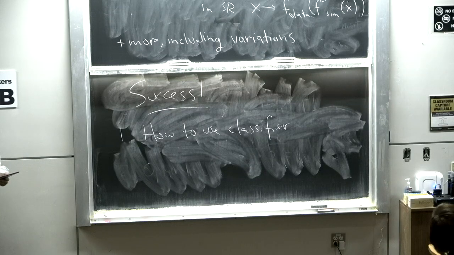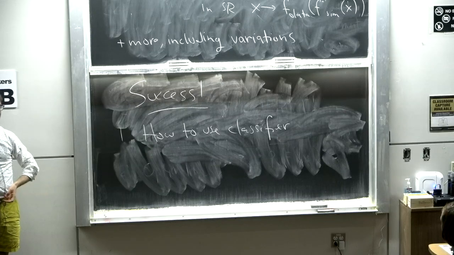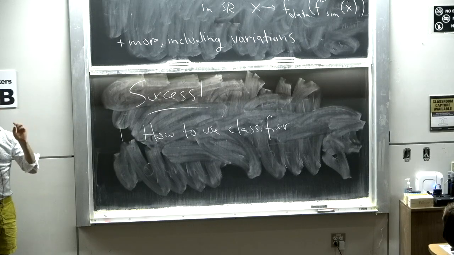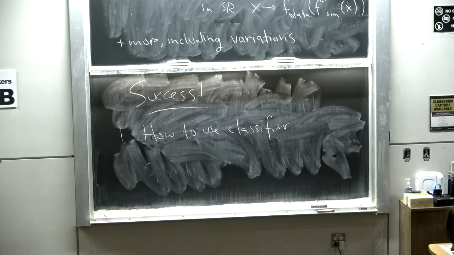And so the other question is, let's say I'm going to make a cut on the classifier. What cut do I make? I don't know how much signal there is, so I don't know a priori what cut to make. And in general, this is actually a problem. What practical people do is they make a few cuts. They say, OK, I keep the top 1% or the top 1 per mil or something. But those are kind of arbitrary choices. And because I don't know what signal I'm looking for, I don't know what cut to make ahead of time.